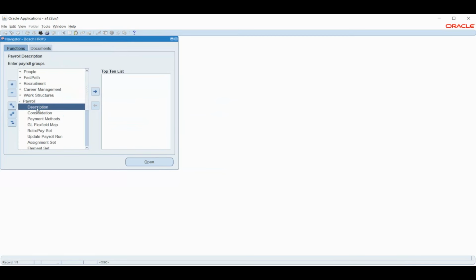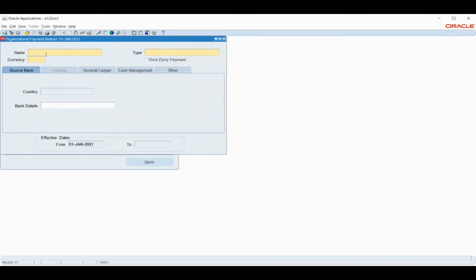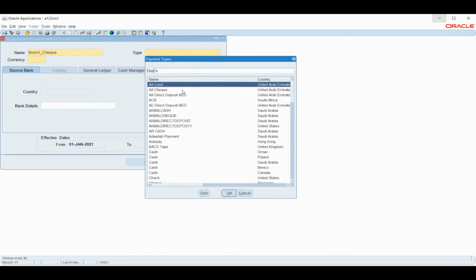Firstly, I'll configure the payroll. Before that, I will define a payment method. Let me say this is a check payment. This is India check. Okay, it is here.